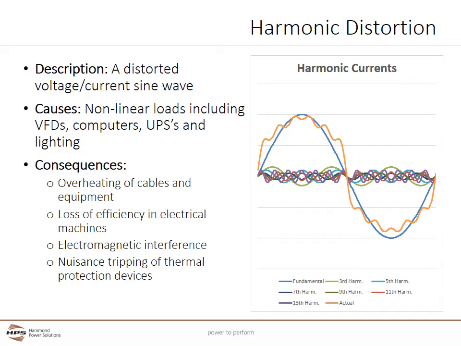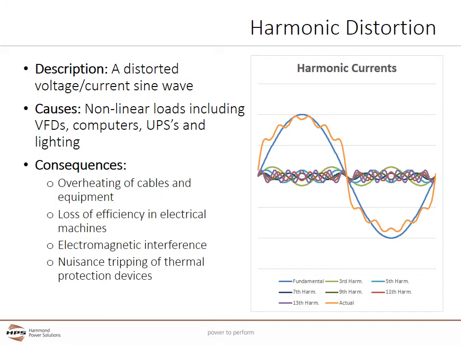Harmonic distortion is a distorted voltage or current sine wave. There are many causes for harmonics that all revolve around nonlinear loads. Nonlinear loads convert AC power to DC power and include variable frequency drives, computers, UPSs, and lighting. This distortion is shown in the graph. The utility provides the perfect blue sine wave. The system's nonlinear loads add the smaller high-frequency sine waves, which proceed to distort the system's sine wave to the